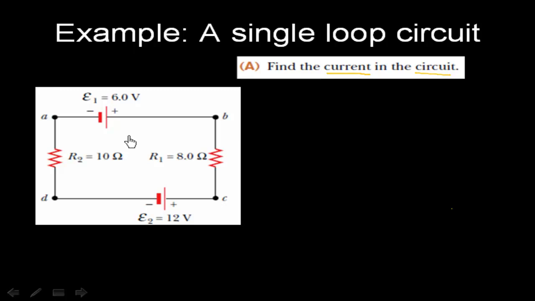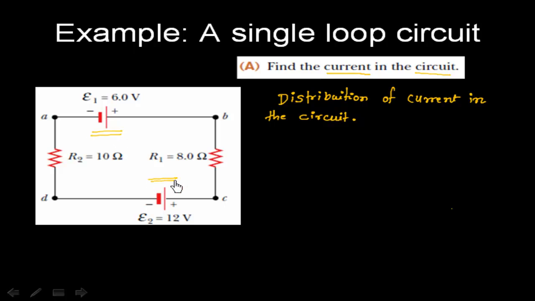To solve this circuit, we have to first distribute the current. So distribution of current is the first important point. Let us say I have two batteries, this one and this one. This is the 6-volt battery, this is the 12-volt battery. So this is the more powerful battery. And we know current flows from the positive terminal of the battery. So let us assume this terminal of the battery sends a current I